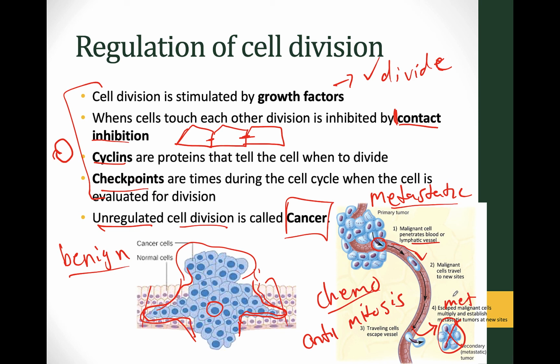Some common side effects might be things like nausea, vomiting, weight loss, hair loss, and think about those tissues. Hair, those are things that are growing constantly. Part of the reason you lose your hair during chemotherapy is because your hair is doing mitosis, and chemo is an anti-mitosis drug. The reason you get kind of nausea, vomiting, is because your stomach and intestinal linings are constantly being damaged, and so those are constantly doing mitosis. Again, chemo is an anti-mitosis drug. So the side effects of chemo come from the fact that it's actively killing cells that are actively dividing.